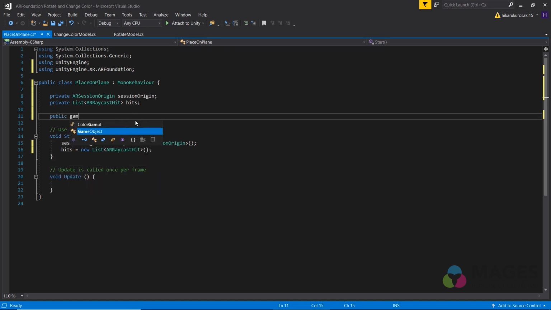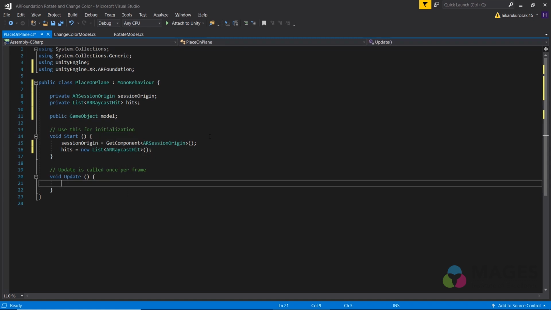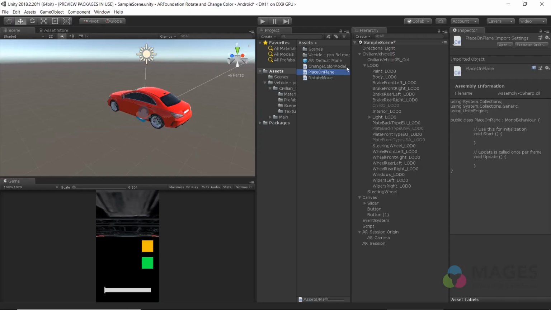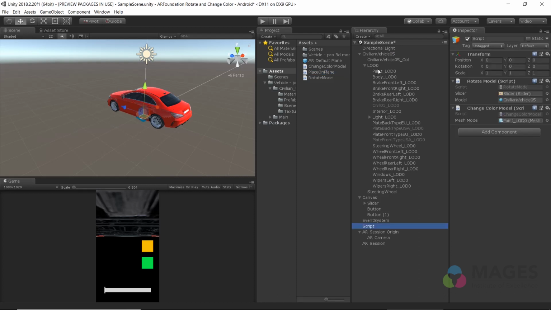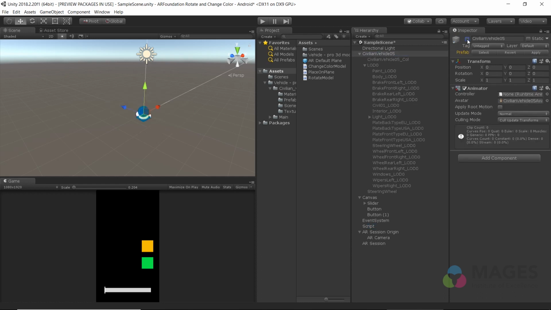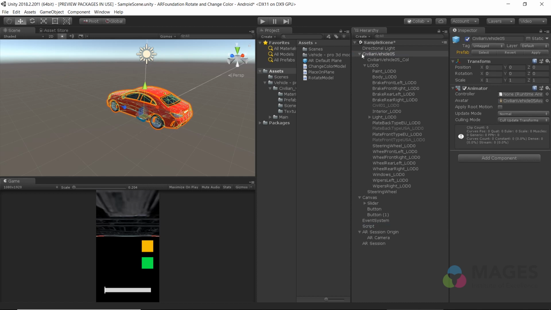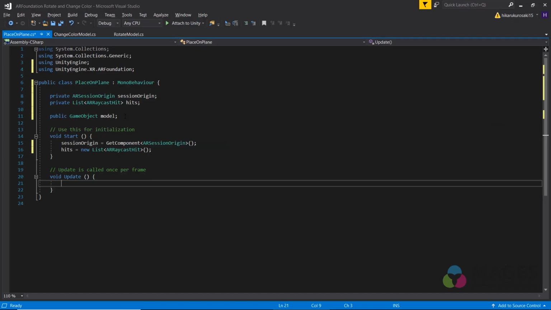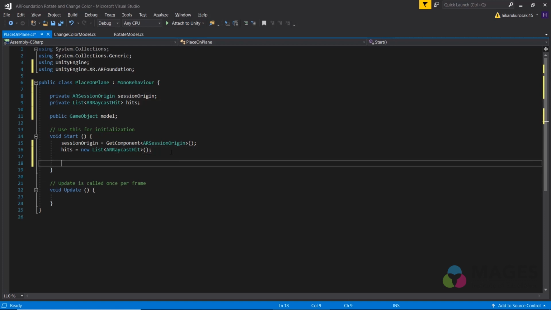Name it public GameObject model. So usually we will actually spawn the model whenever the player press on the screen. But in here, because we already store some of our model inside the script, we cannot actually spawn it. So we will just set active true and false our model. So in the Start, we need to set active false our model,